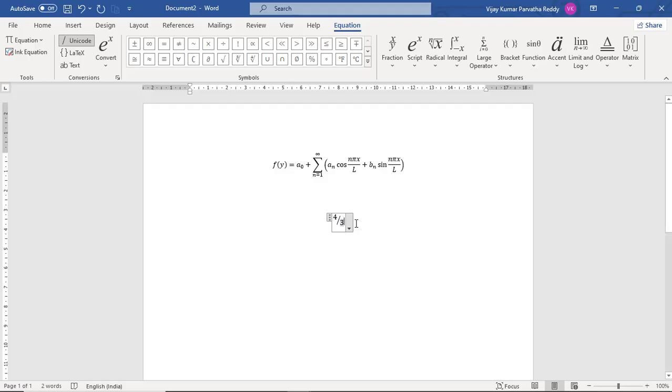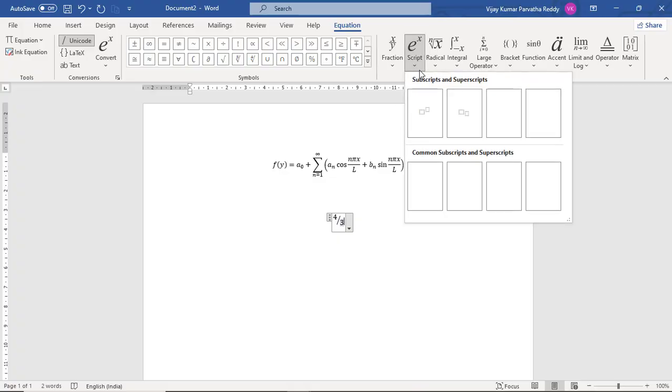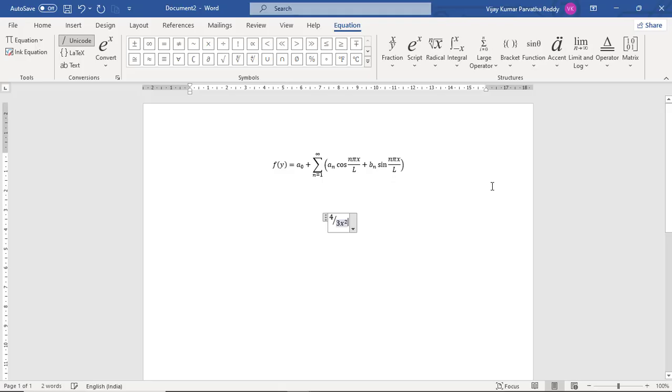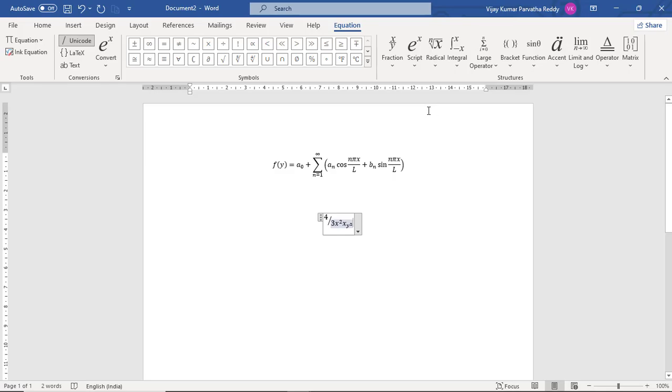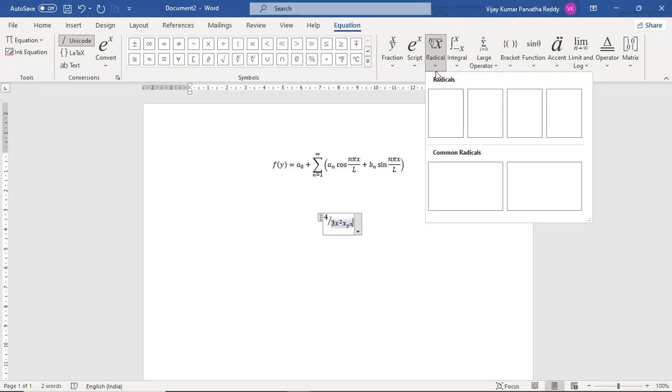You can type in the box, and in continuation you can use other options like x square, superscript, subscript like that, and like this also. You can also edit this text by removing the old text and typing new text there.